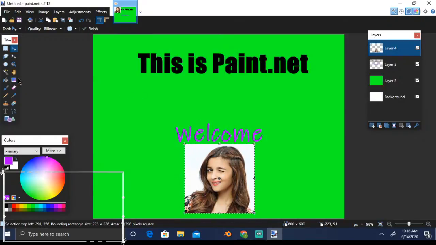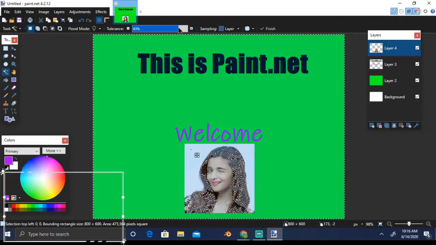This has a white background, so what I will do is use the magic wand and select the white. Here you can see it has selected some portion of her hair also. I don't want that, so I will reduce the intensity, and now it is just picking up the white color of similar type.